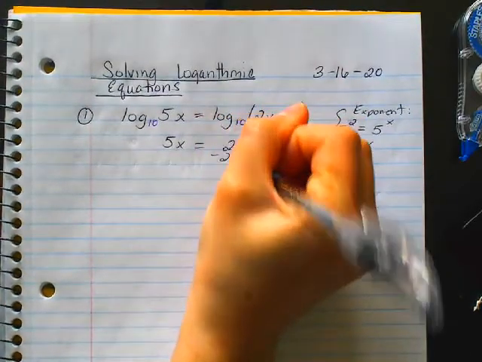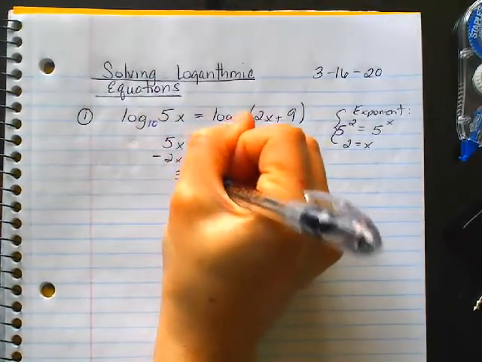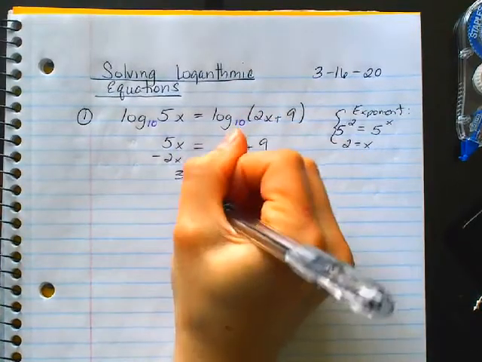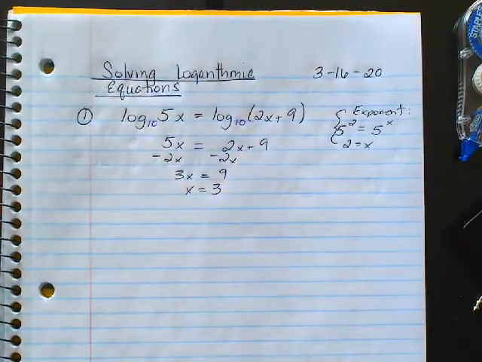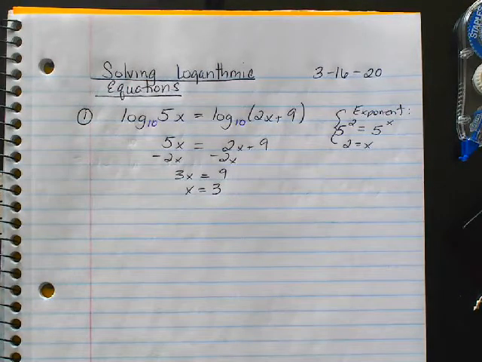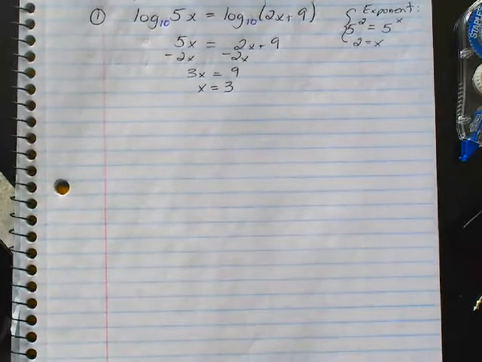Okay, so we've got the arguments set equal to each other, and now we just solve for x. Subtract 2x from both sides. 3x equals 9, and x equals 3. Okay, that's about as easy as it gets. It does get tougher. I'm going to go one step tougher every problem. Okay, problem 2